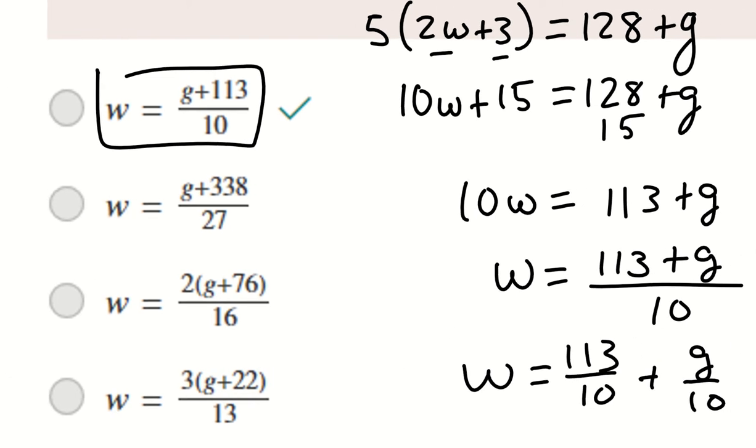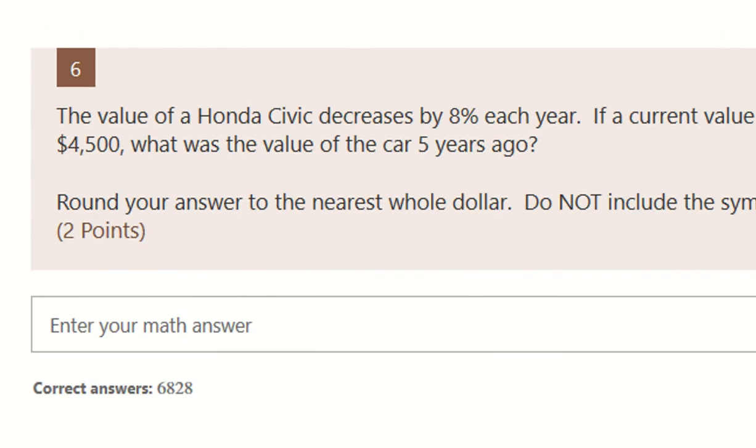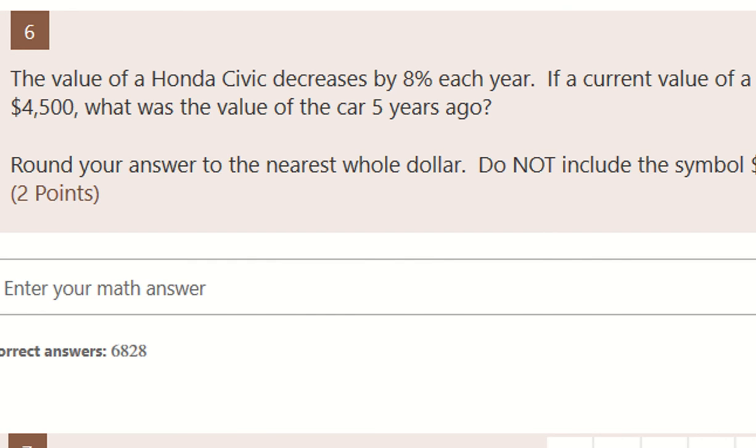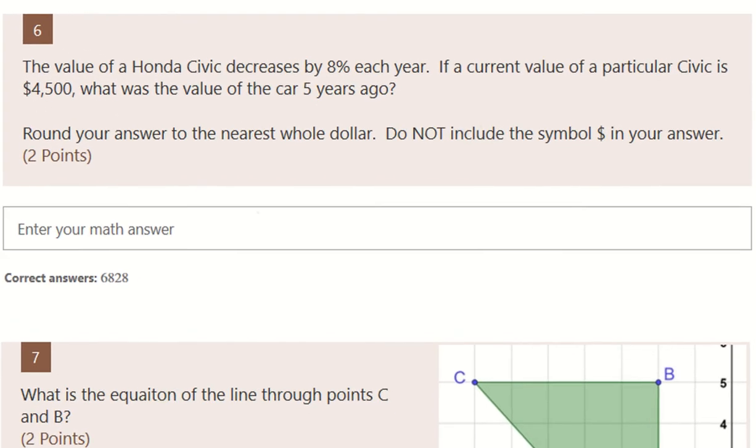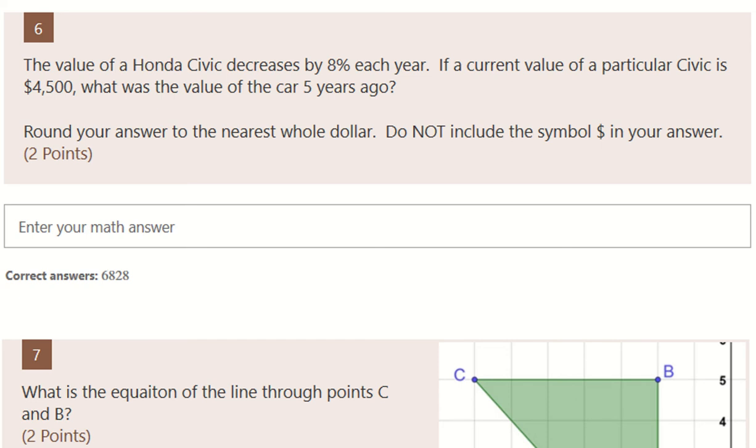All right, number 6. A Honda Civic decreases by 8% each year. The current value of a particular Civic is $4,500. What was the value of the car 5 years ago? So if we were to think about writing an exponential function that modeled this situation, right? And I said that x is years and y is the value of the car. I could say the value of the car is what it's worth at year zero,